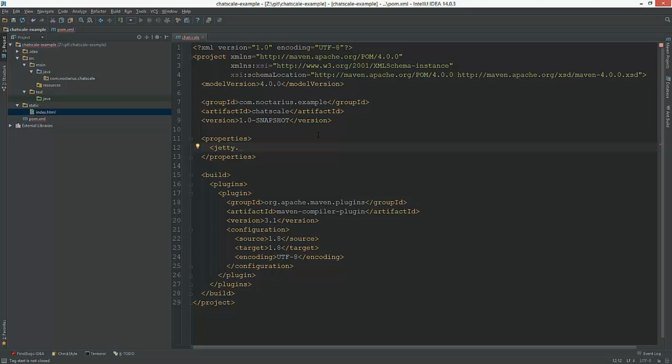I will show CometD in probably the next session. So for now, let's start with Jetty. Jetty is a servlet container or an embedded web server. It is probably the best Java embeddable web server you can find out there. Believe me, I tested a lot of those, and these version numbers are kind of weird, so I'm just looking it up.